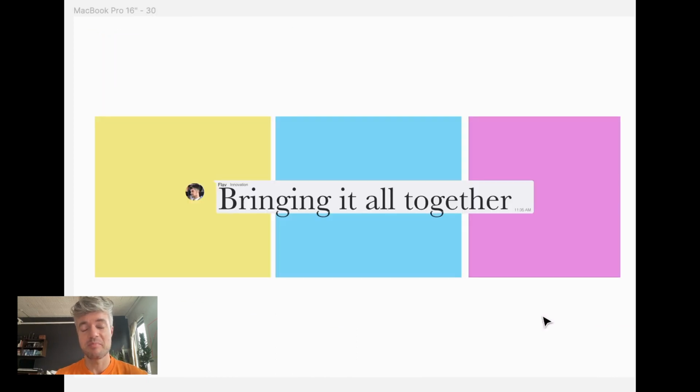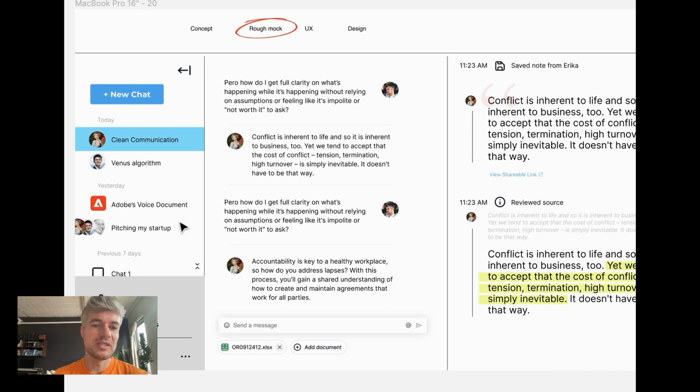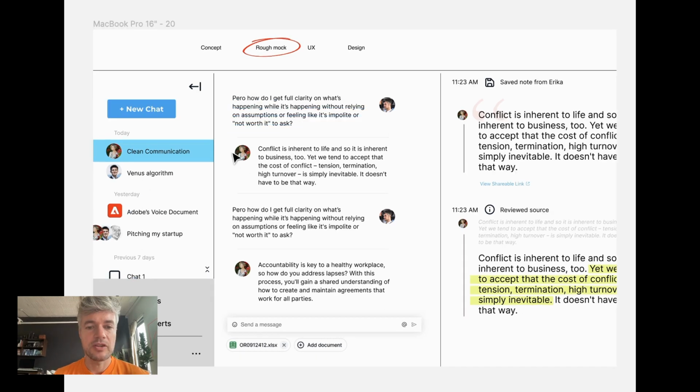I do think that there's a benefit to having this structure. Even if we end up ditching VirtualMe or if we start exploring other things, I think the 3-panel system will be helpful in one way or another. So again, another rough mock. This is not high fidelity. On the left side, stream of conversations. If I interact with anything here, if I want to save this or view source, those actions leave a history trail here on the right.